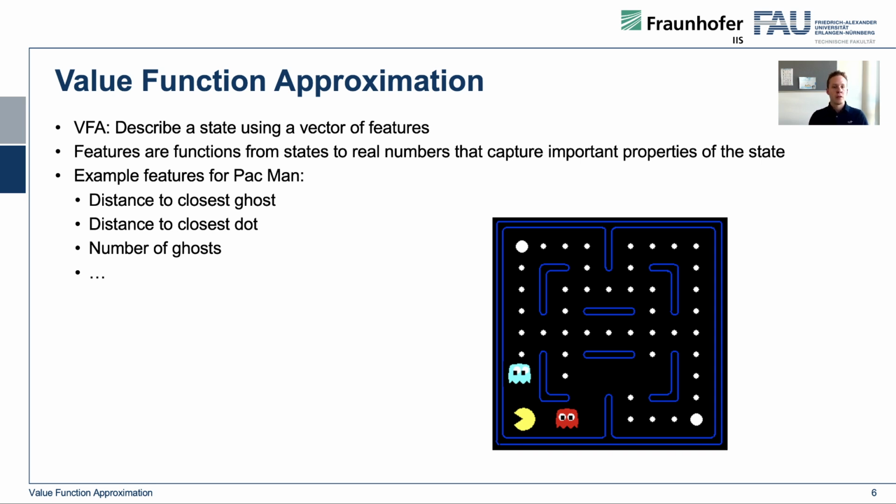In this example, you could run some image processing on it, or get some internals of the simulator, and then define a state as a number of features. Maybe you derive the distance to the closest ghost, the distances to the closest dots, the number of ghosts, or you can also